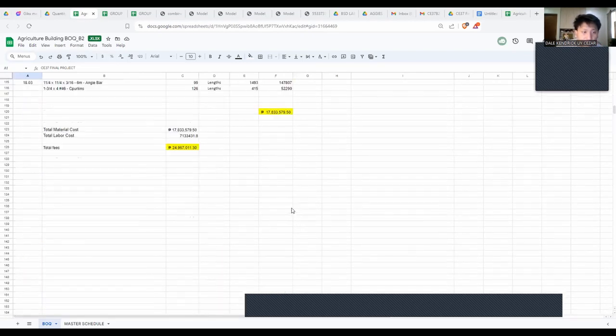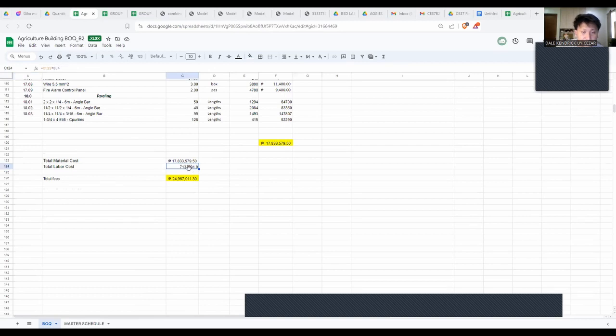So for the labor cost, explain lang nako kay ang basis nako ani is nag-ask ko sa akong friend or sa akong igagaw engineer kung giunsa niya kuha sa total labor cost. So ana siya pwede na daw nako siya i-multiply ang total material cost sa either 40 to 45% sa total material cost kay mo daw na siya ang labor cost. So here muna nakuha na to is mo rin siya ang total labor cost.